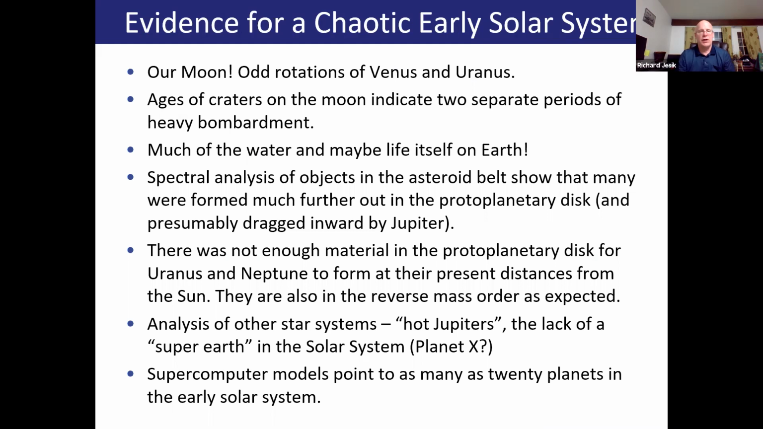So what is the evidence for the chaotic early solar system? Again, our moon, right? It was bigger. Odd rotations of Venus and Uranus. The ages of the craters on the moon actually indicate 2 periods of bombardment. The first was when, after it collided, it had to clear its path like the Earth did. But then there was a second period of heavy bombardment where, for some reason, there were a lot more impacts